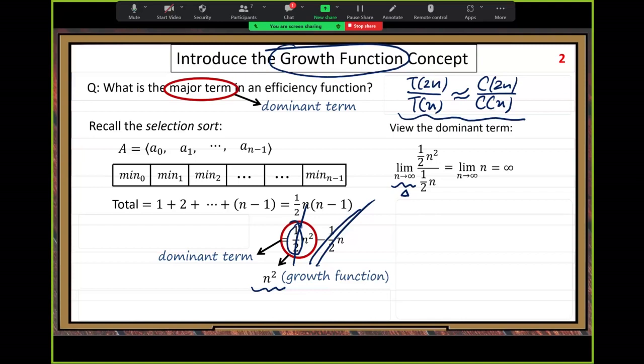Because we want to characterize the efficiency functions